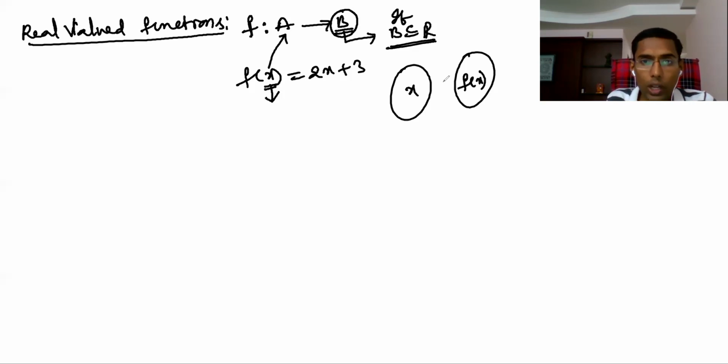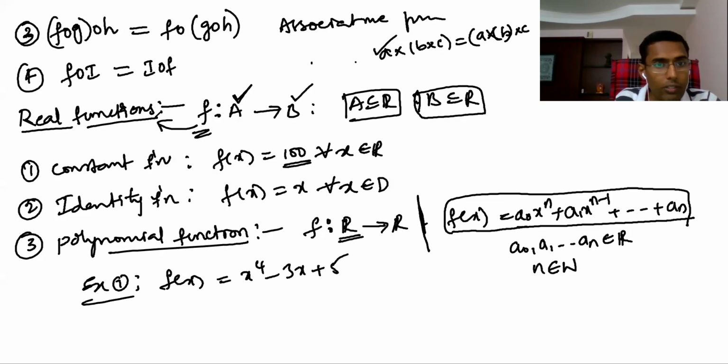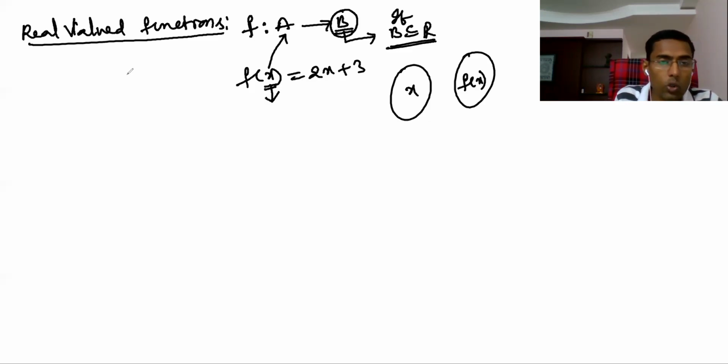Now what I am saying is, if B is a subset of real numbers, then it is called a real valued function. If only A is a subset of real numbers, this is a real variable function. But real function means A is a subset of real numbers and B is also a subset of real numbers. That means a real function is already a real valued function also. Why this is required: here they will not give you the domain, so in real functions we need to find out the domain and range.